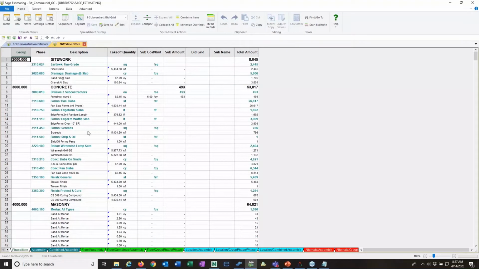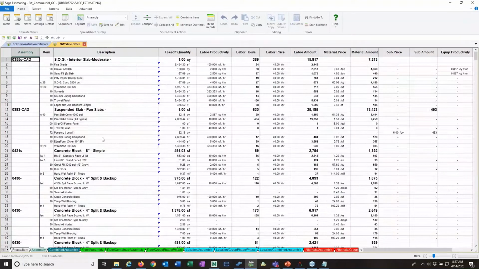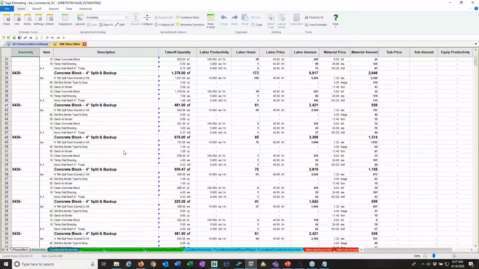There we go. There's the estimate. If I flip to assembly view, you can see there's one that we got. Some of these I did before. Some of these did not change. Some walls did not